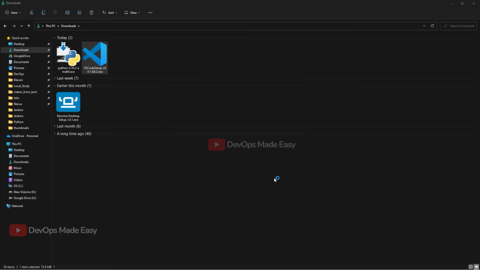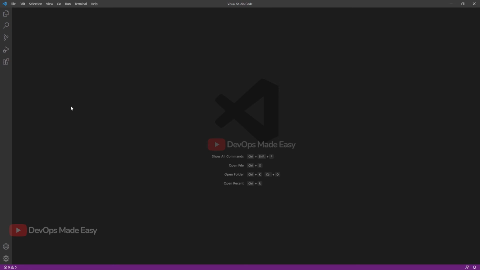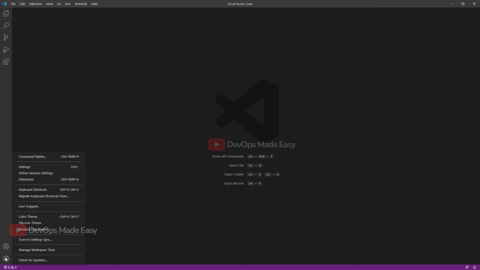Launch Visual Studio Code. Now this is how Visual Studio Code looks. So this is not so good looking. So first what we'll do is we'll try to install some themes and some extensions to make it look better. In order to access the themes, I can just click on this gear button over here and click